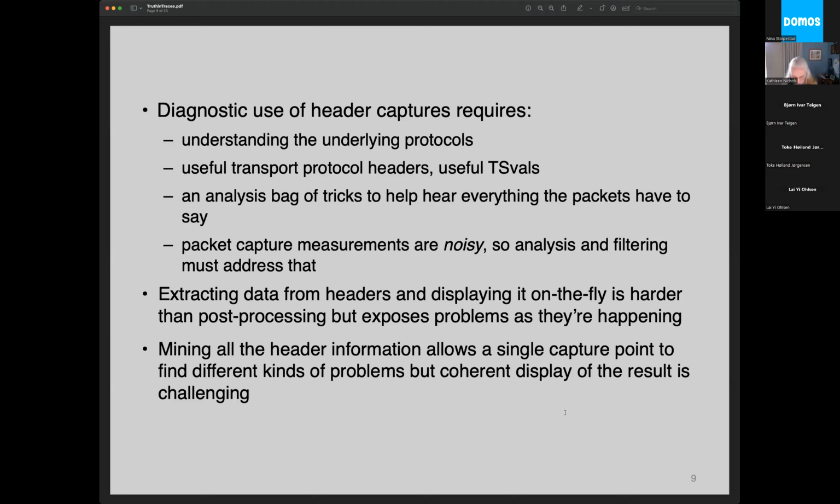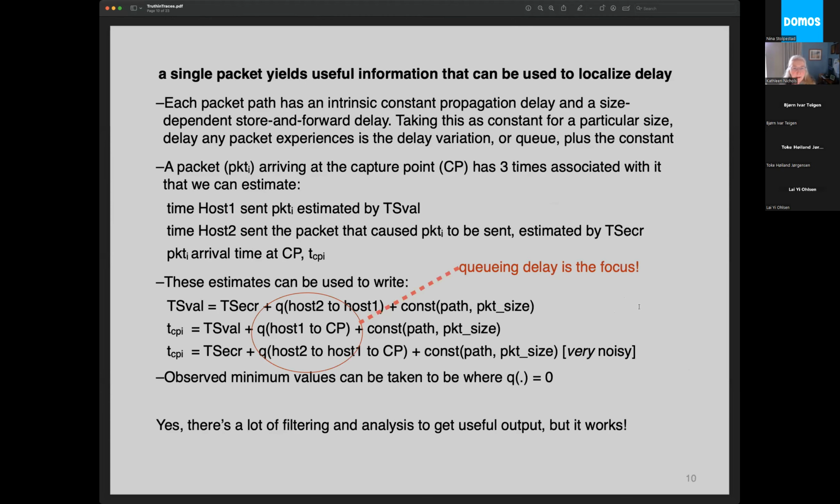Okay, so anyway, this stuff was very cool, but now there are faster ways to get stuff. What I'm going to talk about now is something other than doing the peeping and trying to get something out of that noisy data, and try to convince you that you can actually do things with a single direction. This is a little dense, but you can always go back and look at it later. The idea is that from a single packet you can get some useful information in order to localize the delay.